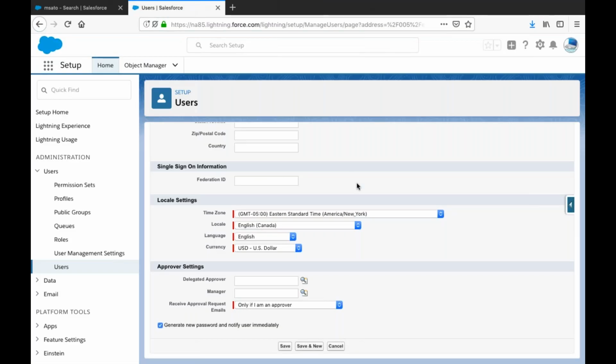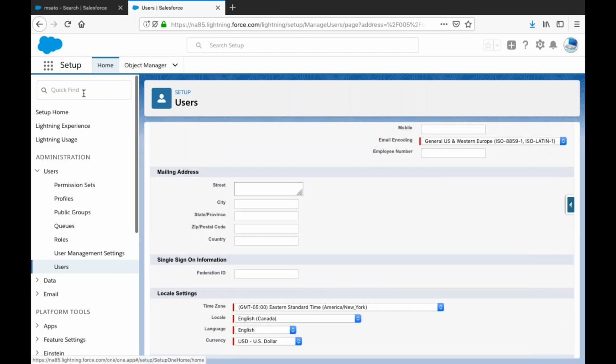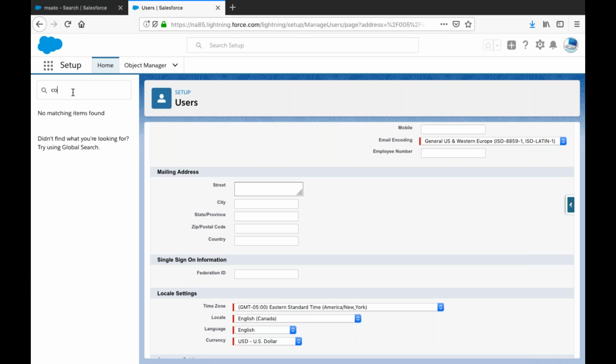Okay. Now, the moment you create a new user, will you send a password immediately or will you send it later? Your manager came, told you, I need new users created in the Salesforce org. So you looked at the license, you had number of licenses available. And so before creating a user, you should also check the license availability as well, isn't it? If the company org does not have sufficient license, can you create so many user records? Not possible. So immediately we'll check the company settings, which we saw earlier, and see if you have sufficient licenses, isn't it? The quick find box,